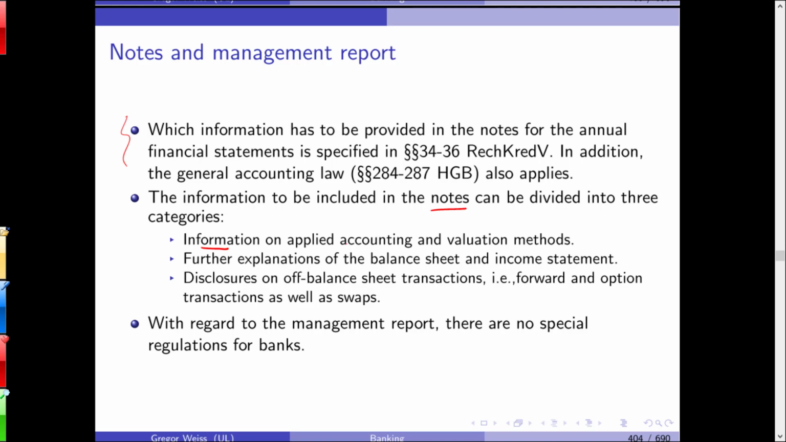And with regard to the management report, there are no special regulations for banks, but you can observe that most large banks have arrived at a joint style of writing a management report. There's some peer pressure you can see from investors that forces banks to more or less report and write the management report in the same style. So you will always have a letter to the shareholders. You will see that management reports on certain aspects in risk management,